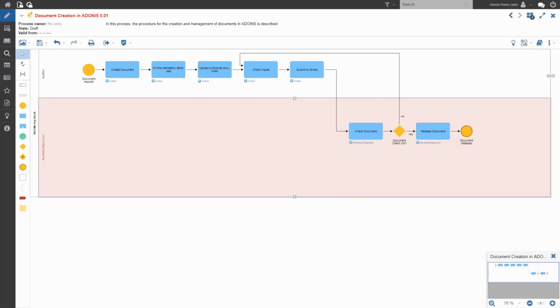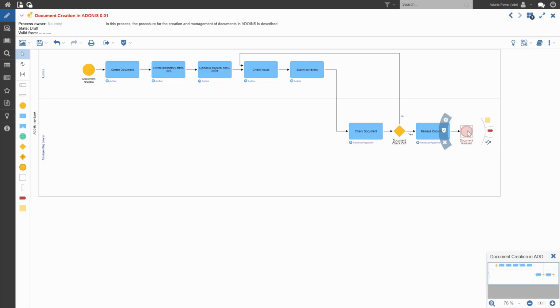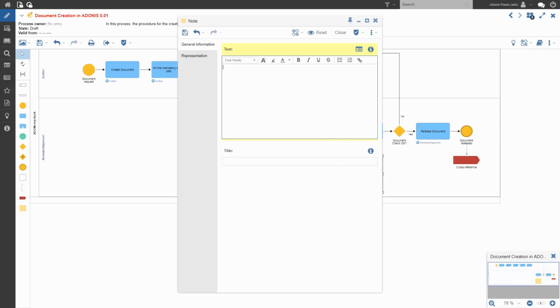At the moment, the modeling direction has been predefined in the administration toolkit for my environment here, so I've set it to model from left to right. So for example, if I wanted to add an additional object here, maybe a cross-reference to another business process directly from the end event, it's defaulted to place the cross-references below the happy path, or below the process flow path. Likewise, if we wanted to add a note maybe to this check document task, we can add a note as well here, and the notes are also placed directly.